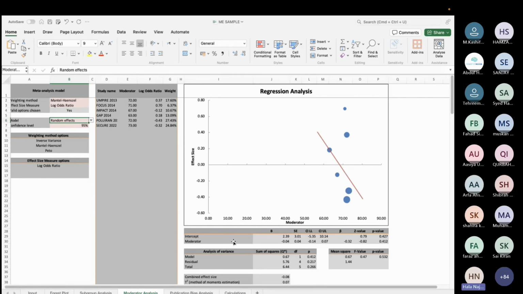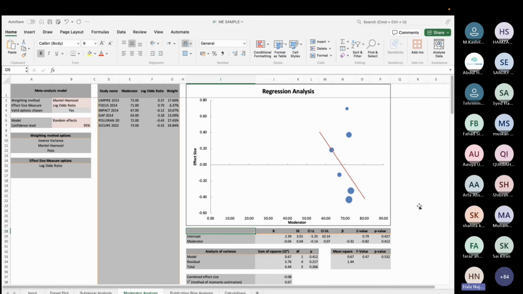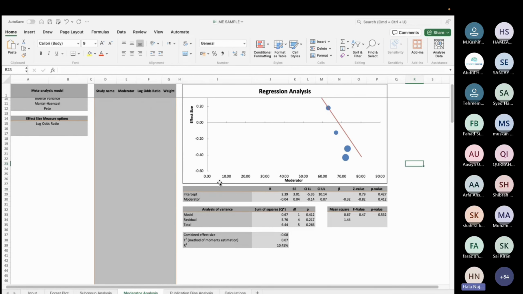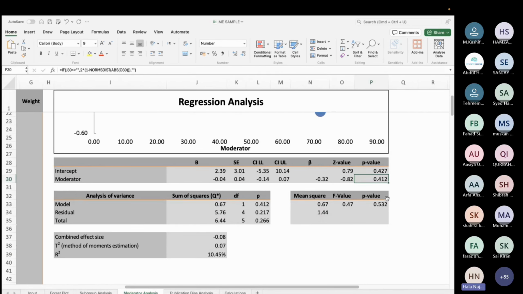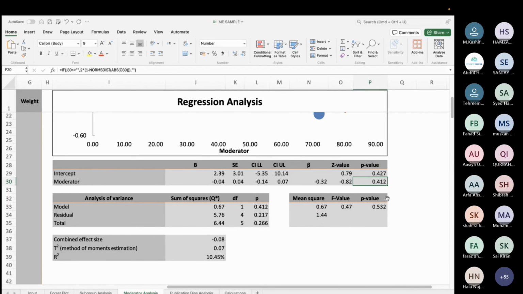So look at the table which is below the graph, below this entire graph. Okay? So once you look there, you'll see this table that I've highlighted. In this table, you will look at the moderator row and look at the p-value for the moderator that I've highlighted in green, and I've zoomed in as well. Right? Can you guys see it? So my p-value is 0.412. Can someone interpret this for me? Keeping in mind everything that we've taught you so far.